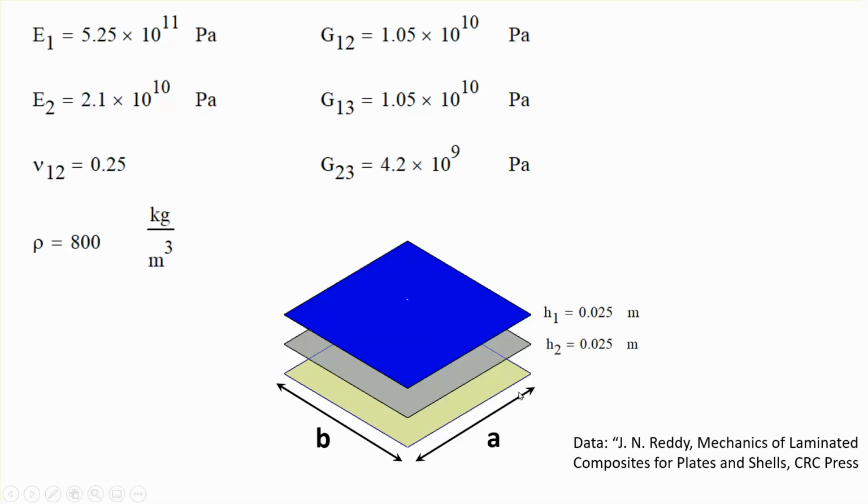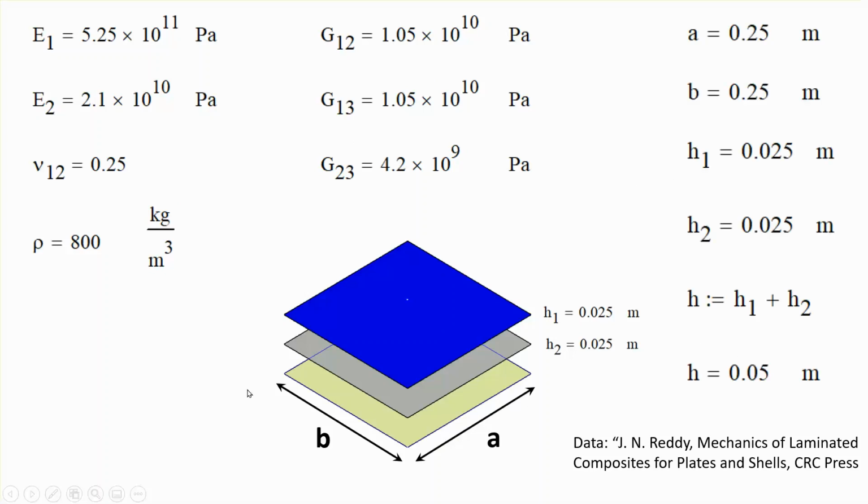Now, these dimensions are 25 centimeters by 25 centimeters, with respect to the thickness of the laminate. I would have liked the thickness to be smaller than what I've got here, but I'm just using the same numbers, although I don't like it, but this is 5 centimeters,